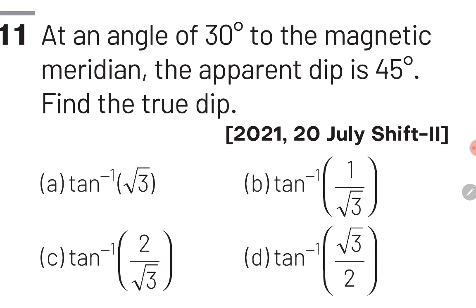By using this formula, we'll obtain the relation between BV and BH, and after this, we'll use the formula of true dip. This formula is given by tan delta is equal to BV upon BH. In this formula, delta is the angle of true dip. So this is the main concept of this question. Let's observe this in the solution in the next slide.